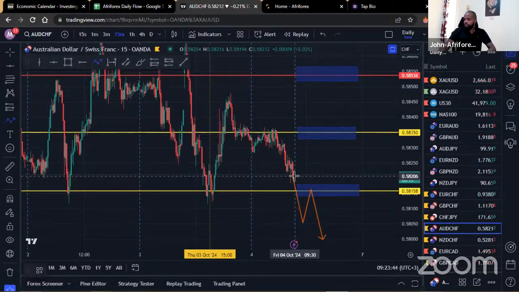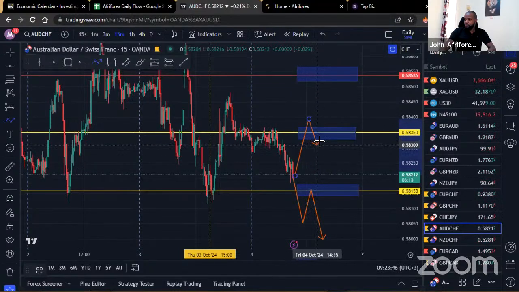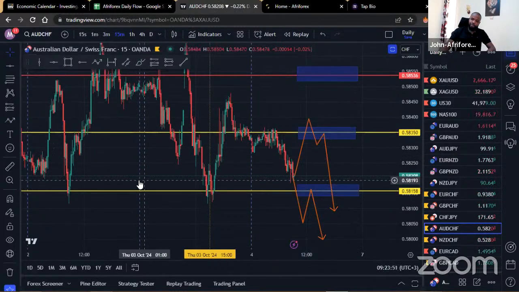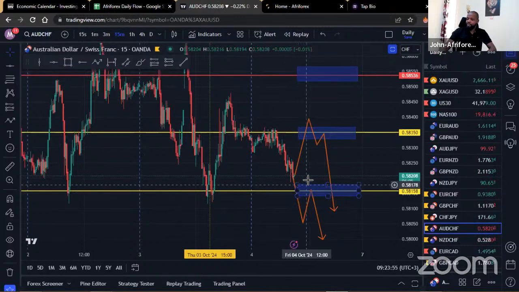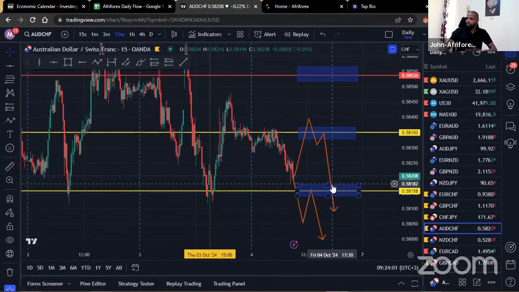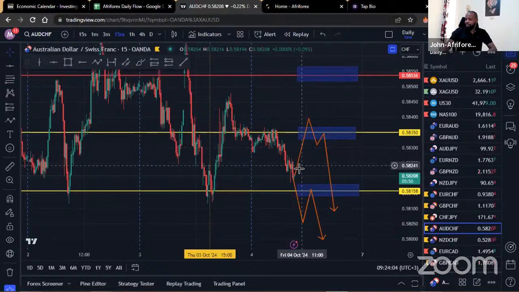But also remember to give the buyers the benefit of the doubt. I mean, they've reacted off this area before, so they can do it again. So don't doubt. Even if you do see the market actually holding above this area, it doesn't mean that they're not interested. Maybe it could just be a ticking time bomb. They're just waiting for maybe a specific time, and you could find that the market could actually end up taking off to the upside.